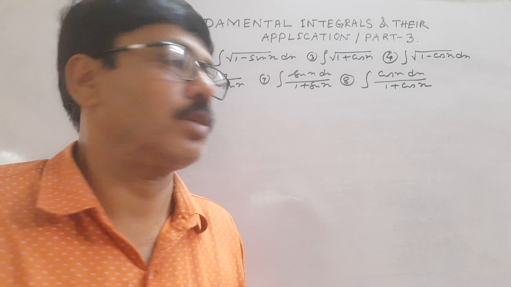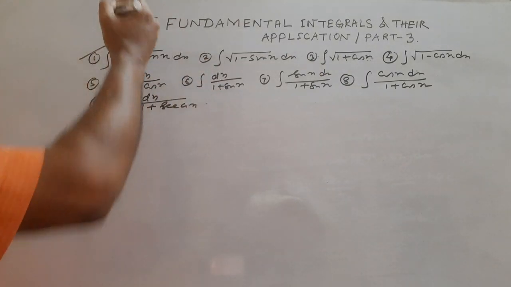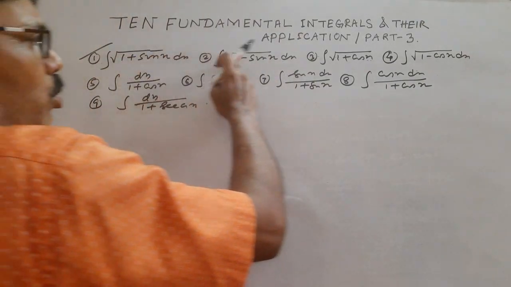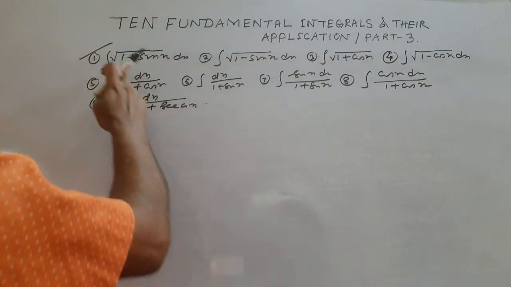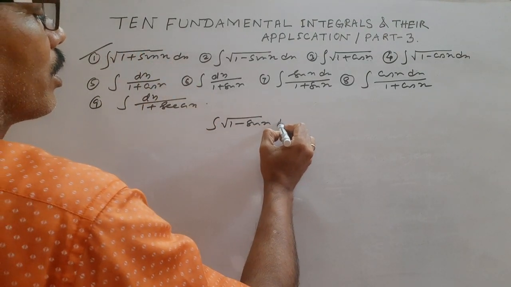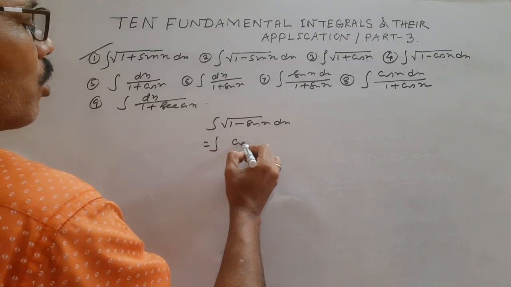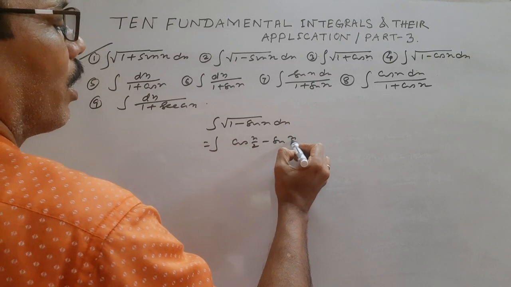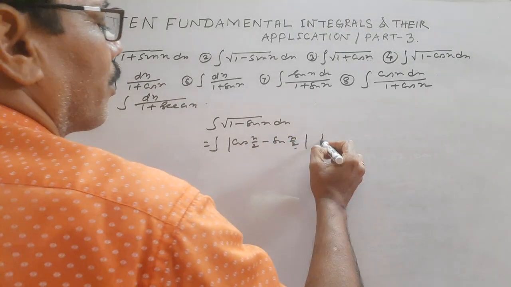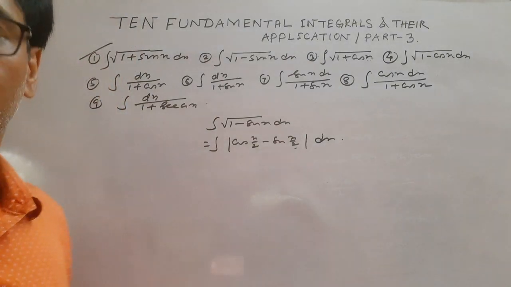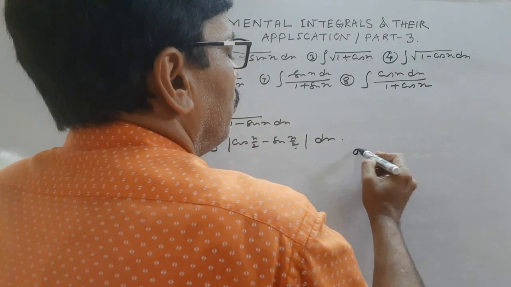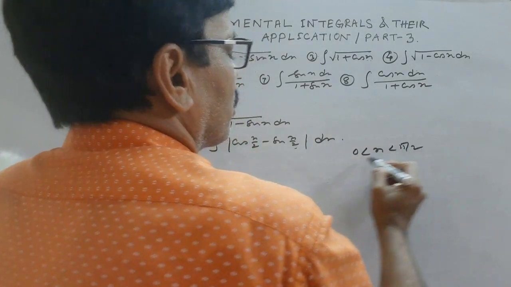Now, same type of problem. So problem number 1, 2, 3, 4. They are very simple. I have already considered it. Look, 1 plus, suppose, sin x dx. So this is cos x by 2 minus sin x by 2. Actually it is not. Actually it is plus minus. Plus minus. But I have already stated in the previous problem,